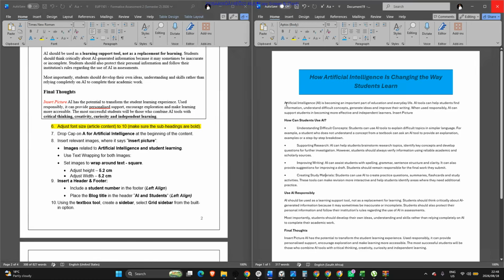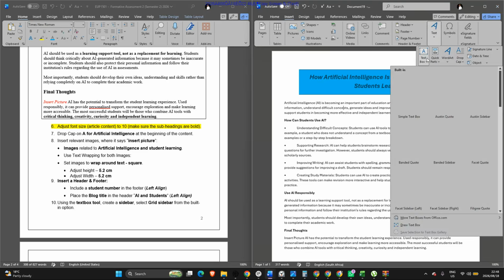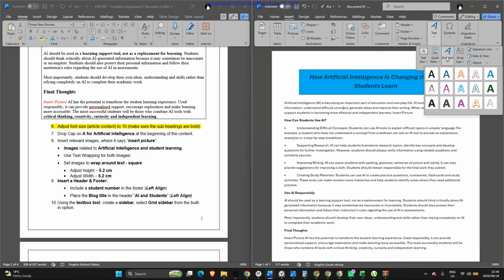So which A do we want? I'm going to highlight the A that we need to drop cap, which is this one. Now, how do you drop cap? For you to be doing a drop cap, you usually find it, and where did I get it the last time? No, there you go. So drop cap, you find it under insert,